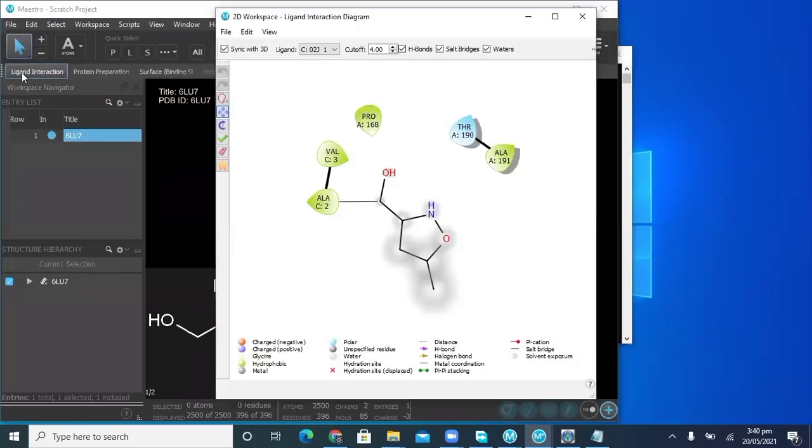Just click on ligand interaction. This is the 2D figure, and a 3D figure can be made using the Chimera software. Yes, I understand now. But how did the labeling of this interaction, the charge negative, come up? There's something you did at view.